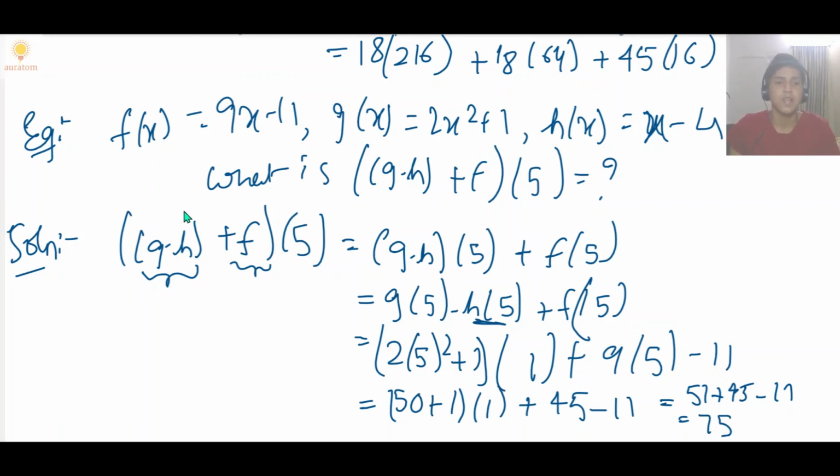So it's very simple actually. We got a complex term like this, and we broke it up into the sum of two functions, right? We treated this like a function and this like a function, and we know this is a product of two other functions. So finally we substituted 5 in each of the functions, and we got the answer, right? So those are the examples of function arithmetic.